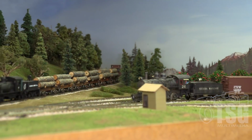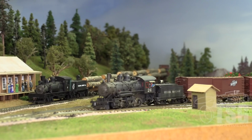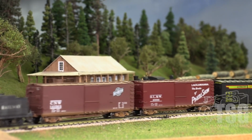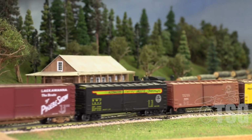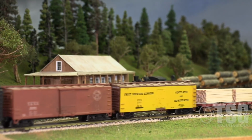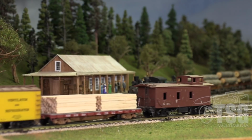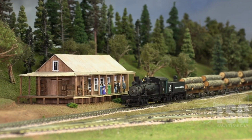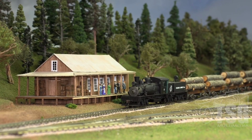After climbing out of Tuolumne, the train arrives at Ralph Station, the highest point on the Sierra. Ralph is home to numerous apple orchards which ship their product out on the Sierra. Ralph also is where the Pickering's logging line from the woods joins the Sierra main line. A Pickering log train waits for our train to pass and then will follow us for the next 4 miles